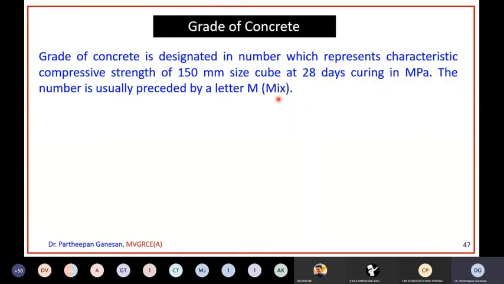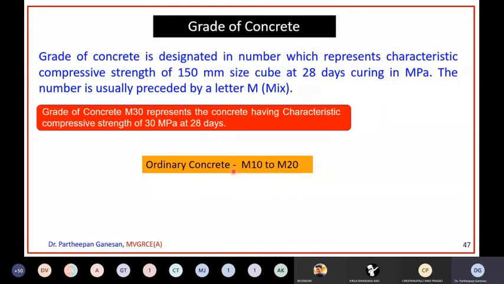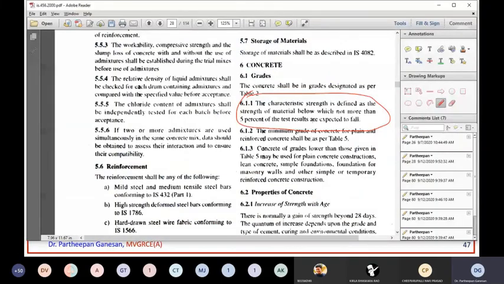So M is mix. Grade of concrete M30 represents concrete having a compressive strength of 30 MPa at 28 days. Grade of concrete M30 means concrete having compressive strength of 30 MPa at 28 days curing. That is called M30. Now if you see in Table 2 of your code,